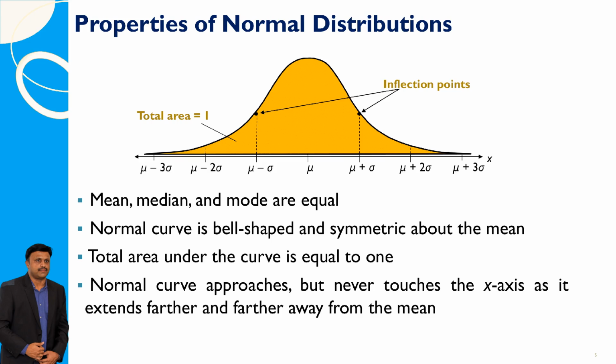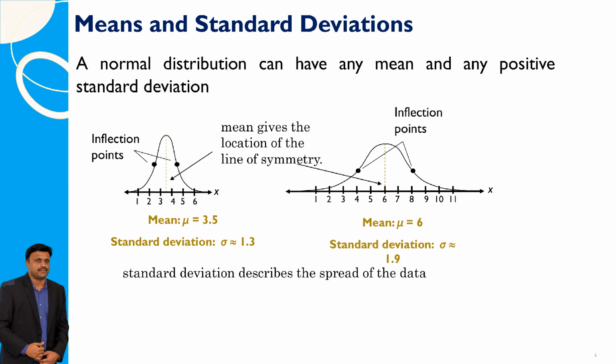If x is a continuous random variable with a normal distribution characterized by a mean mu and standard deviation sigma, the normal curve can be graphed using its equation. The properties of normal distributions include that the mean, median, and mode are all equal. The curve is bell-shaped and symmetric about the mean, the total area under the curve equals 1, and the curve approaches but never touches the x-axis as it extends further from the mean. In a normal distribution, the mean can be any value, and the standard deviation, which must be positive, describes the